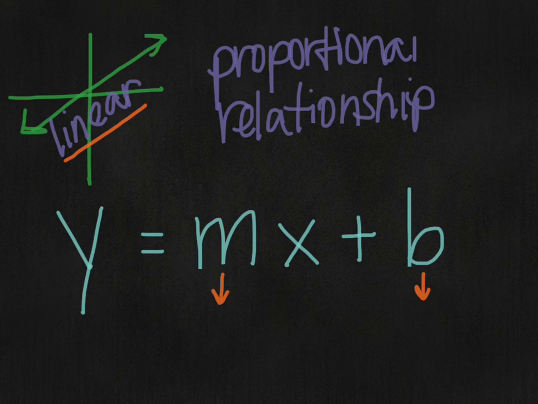M stands for the slope, which you already learned how to figure out. You can find the slope using the graph. And b stands for the